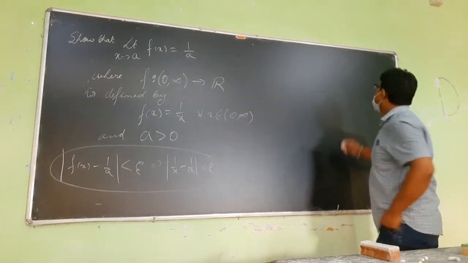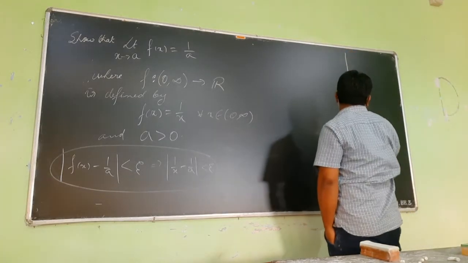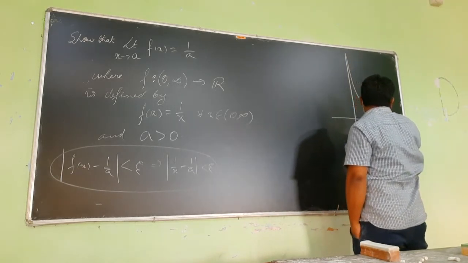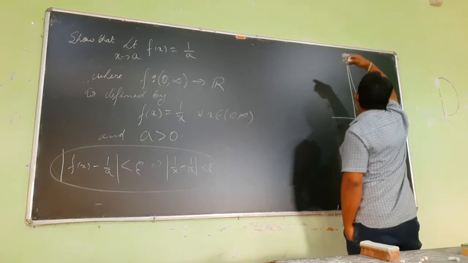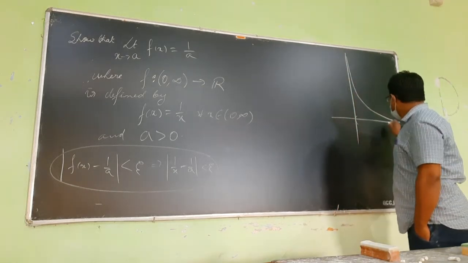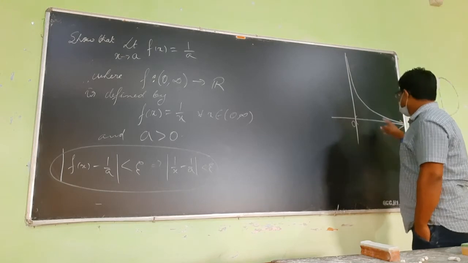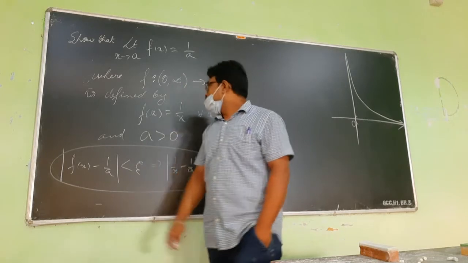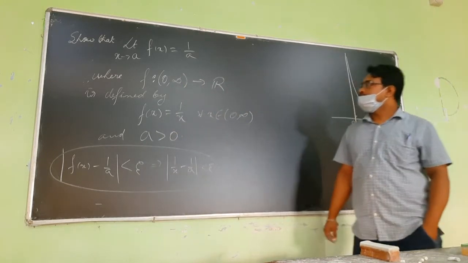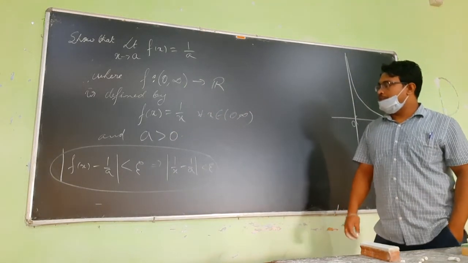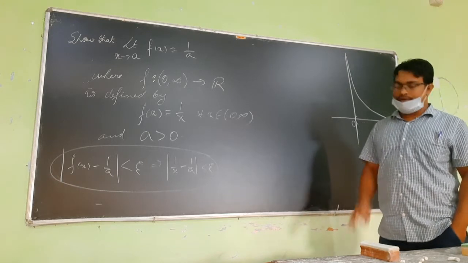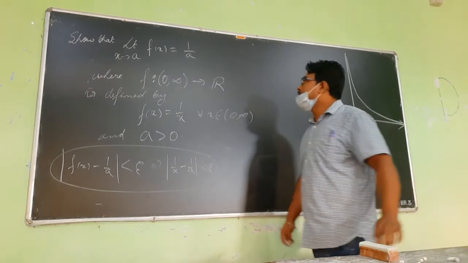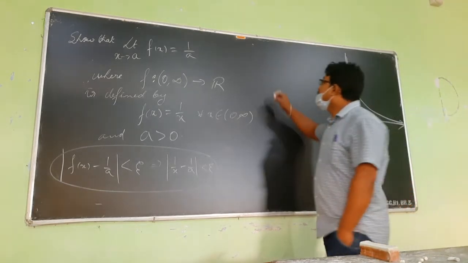Okay, so how does this function look like? This function looks like this. Is it 1 by x? Like this it goes on. So we are considering the domain as 0 to infinity, only the positive real numbers. So try to show this. We have to compare 1 by x and 1 by a. We need to compare both. Everything is there in this book, Real Analysis by Bartle and Sherbert.